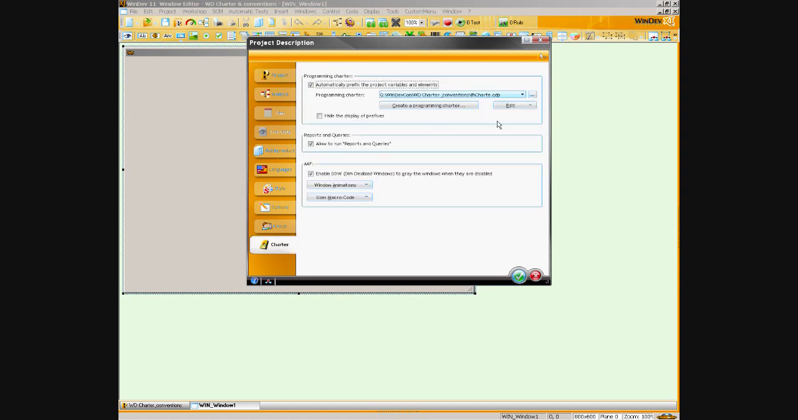We are interested currently with that part of the tab. They stuck several things that have nothing to do with the charter on that tab, but it's still the charter tab. So very importantly, you have to check that automatically prefix the project variable and elements. Check that, let WinDev prefix for you and help you do the job. Then you have this one, hide the display of prefixes. Don't do that. You don't want to have two variables that are prefixed